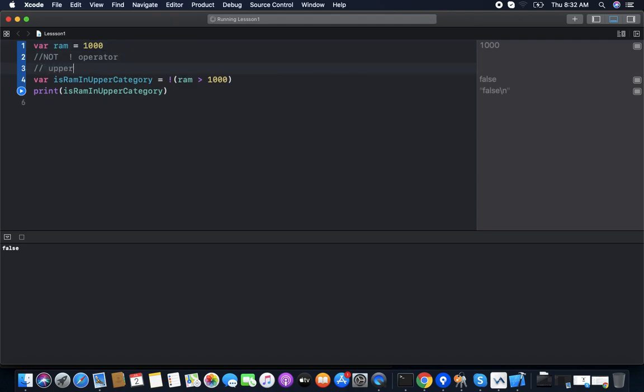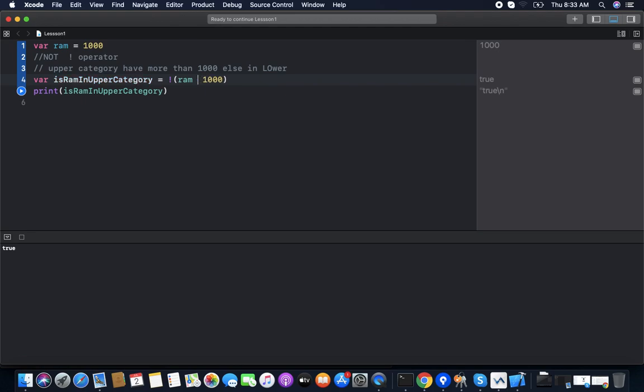Upper category for a person who has more than 1,000. So it is upper category, else lower.